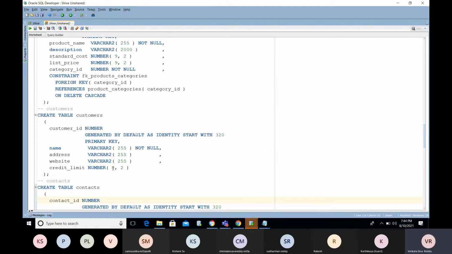So how much stock we have inside, how much we are producing, how much we are going to sell. Like if you take Spencer's or something, those people will monitor each and every thing by EOD: how much stock we have today, by tomorrow how much new stock has come to us, and how much we sell today. These are all we need to maintain, right? That is called an inventory management system.